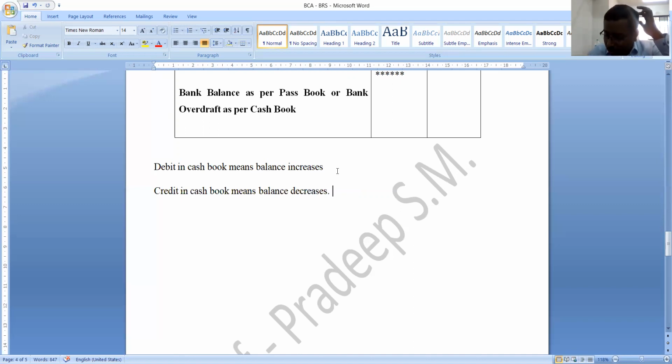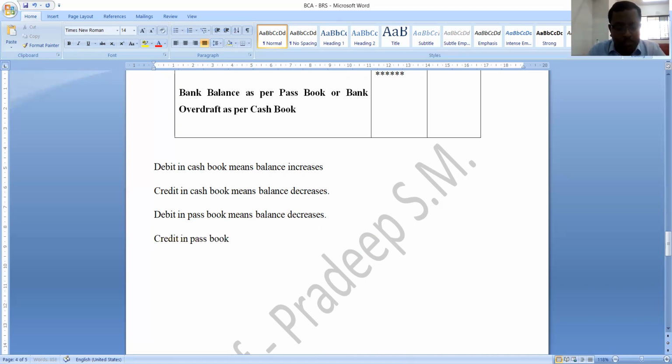That is bank balance here. Debited in the cash book means bank balance increases in the cash book. Credited in the cash book means bank balance decreases in the cash book. Now, what is the effect of debit and credit in case of passbook? Debit in passbook means balance decreases. Suppose if you withdraw money from your bank account, which message will you get? You will get a debit message saying that your account is debited by so much amount. So debit in the passbook means balance decreases, and